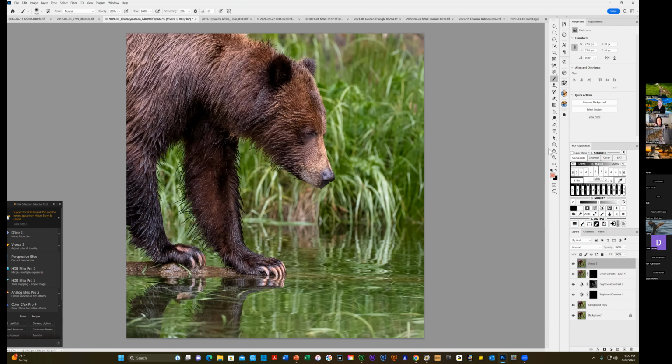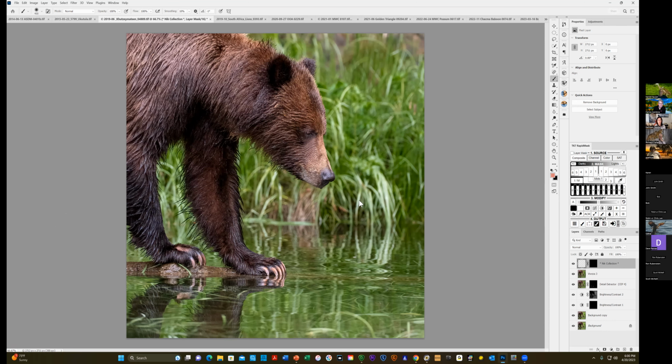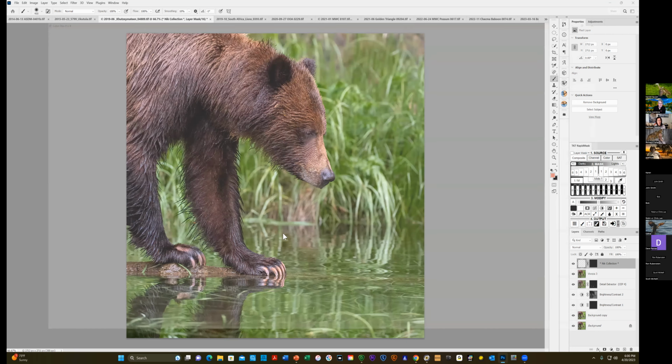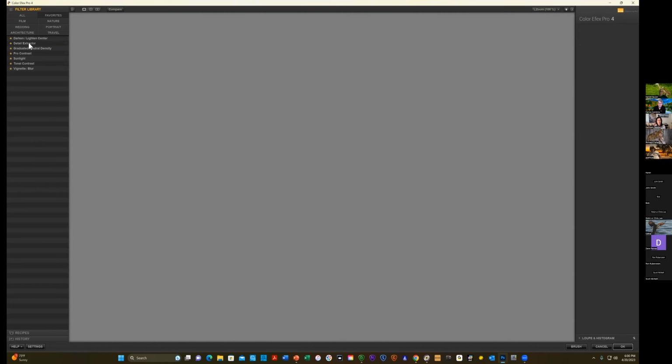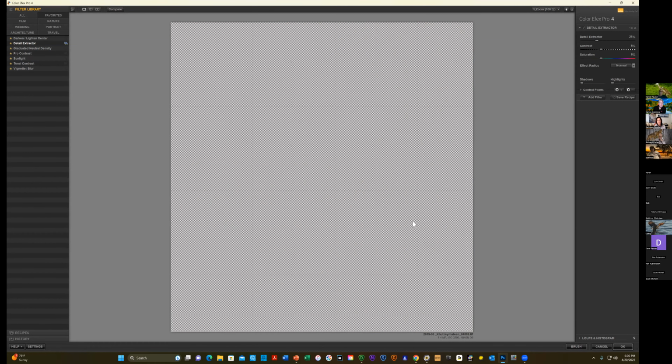Hey, Kathleen. Yes. What is detail extractor? Is it a plugin, or I'm not familiar with it? No. So detail extractor, and I'll bring up a tool here. So Color Efex Pro is one of the DxO Nik collections, and detail extractor is one of my favorites. If I bring that up here,